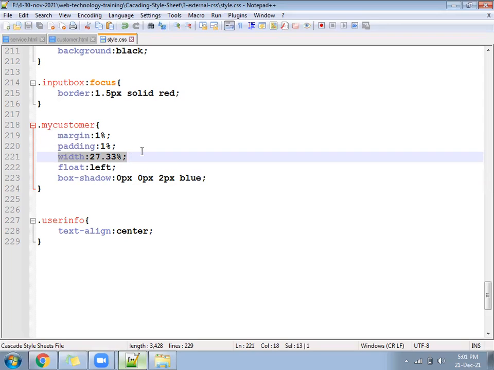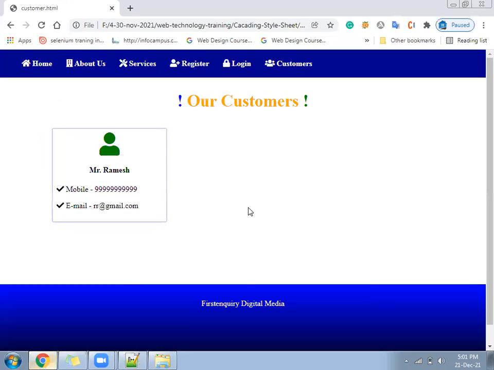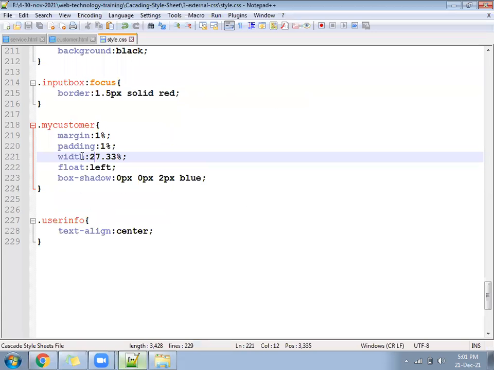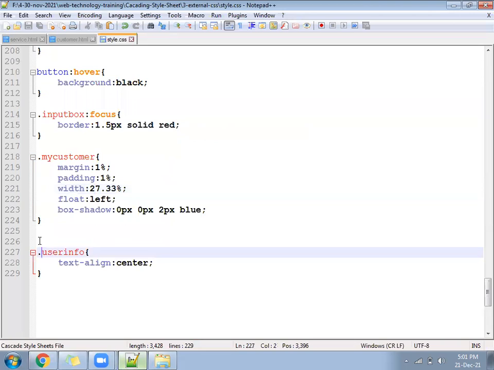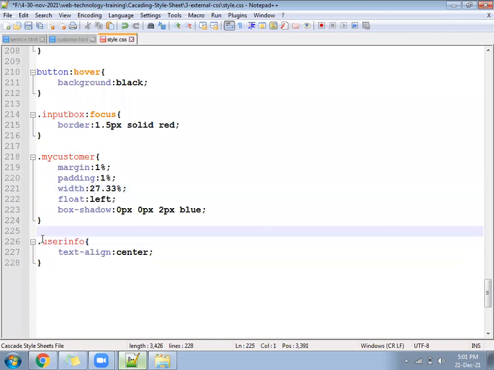Okay, no problem. You can let it be 19 only. My screen is smaller, so I gave it 3. On my screen, 3 will come. On your screen, 4 will come. We have a solution for that. We will see how to rearrange according to device. So now this block should be repeated a total of 3 times in one line. So please modify the last 2, and instead of the info class, please convert them into user info.